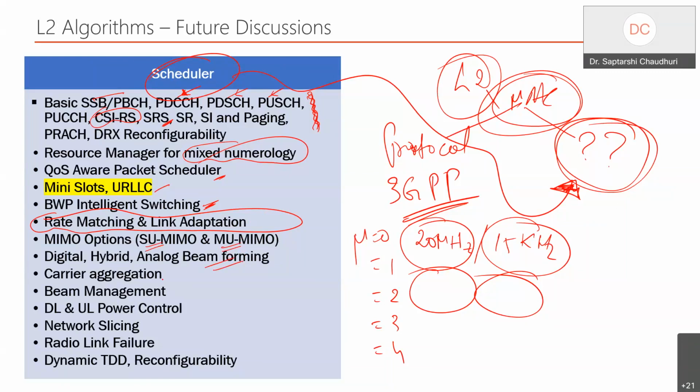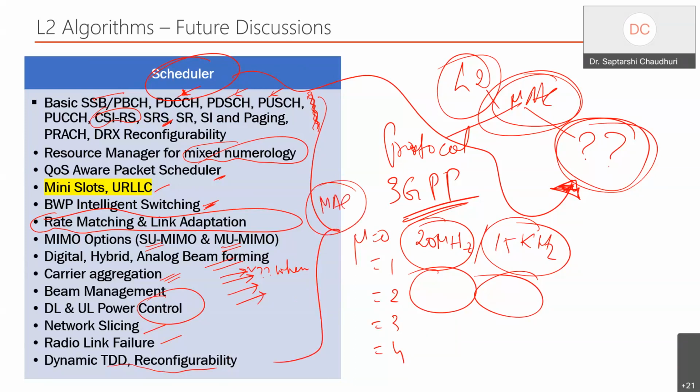He controls the carrier aggregation. That means when we invoke simultaneously two carriers towards the device, or 3 carriers or 4 carriers, when to invoke it, the scheduler comes into that part itself. He controls the power control, slicing, RLF, radio link failure, and the TDD reconfiguration. Now you can see how big the entity is. Just a small name called MAC is doing it.